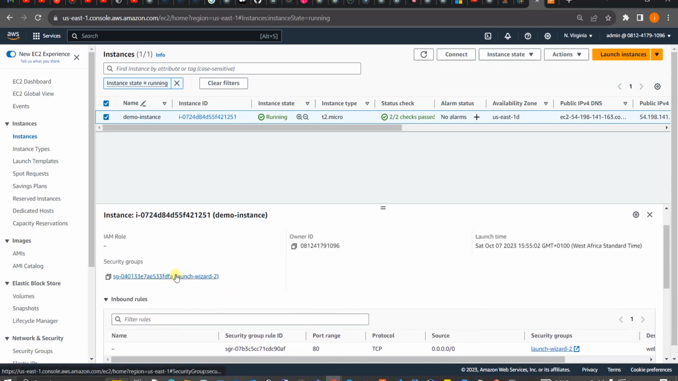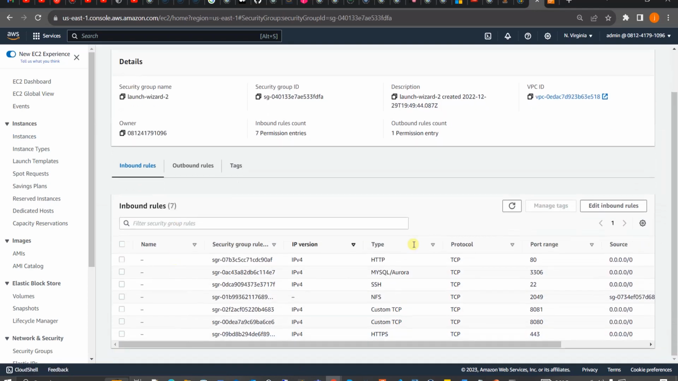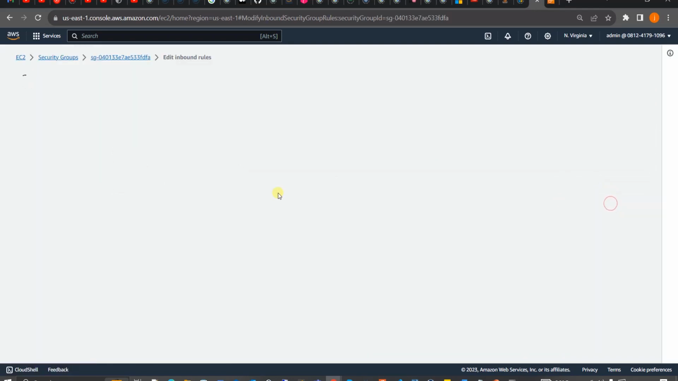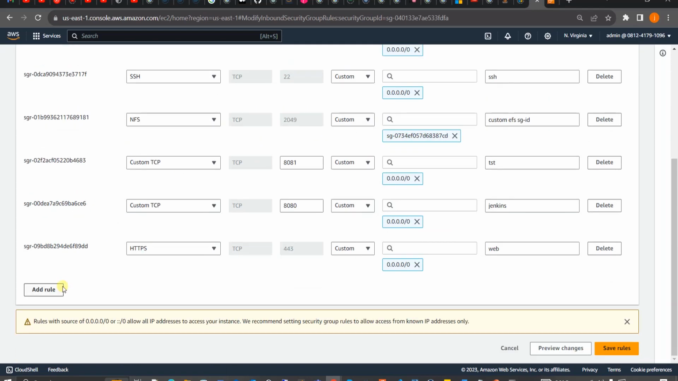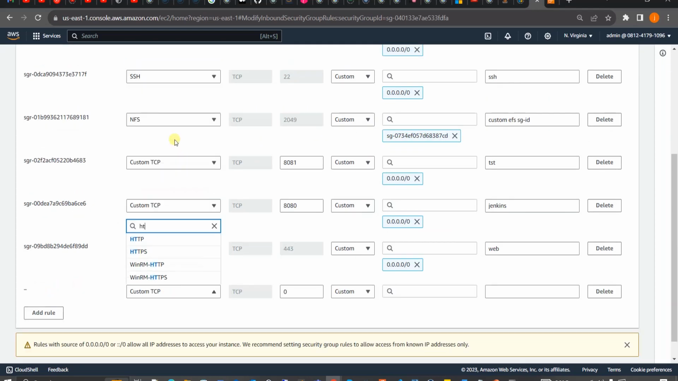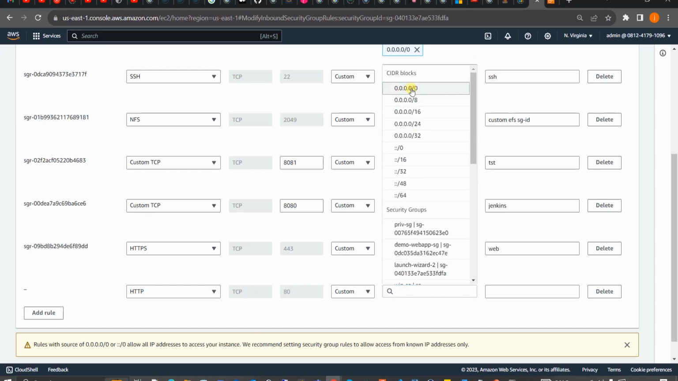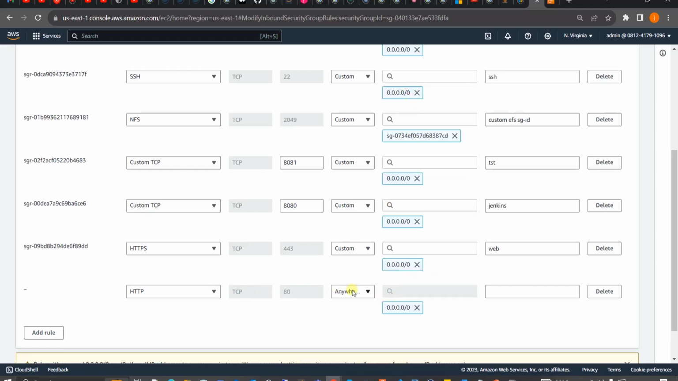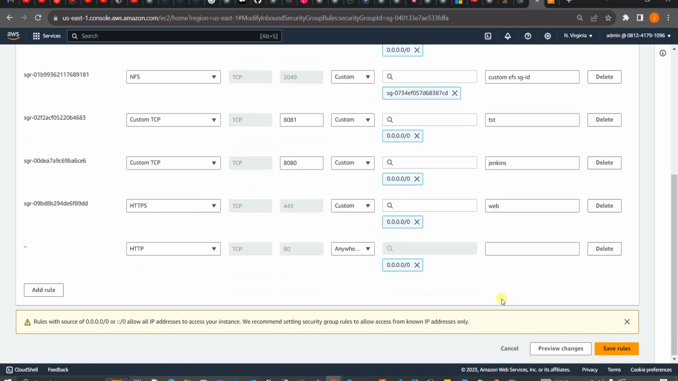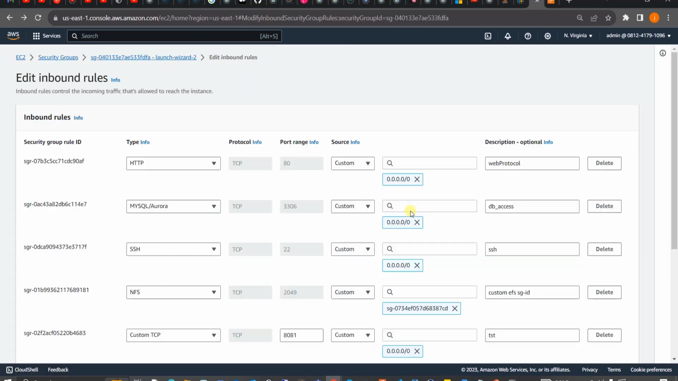If you don't know how to do that, you can click on this security group, then come to this edit, then come here, scroll down, add rule, search for HTTP, then select it. It's going to show you port 80, then you use 0.0.0.0, any. You can see it, any. Once you are done, you click save rules, but I'm not going to save that. I'm going to cancel out from that, and I'm going to go back to my